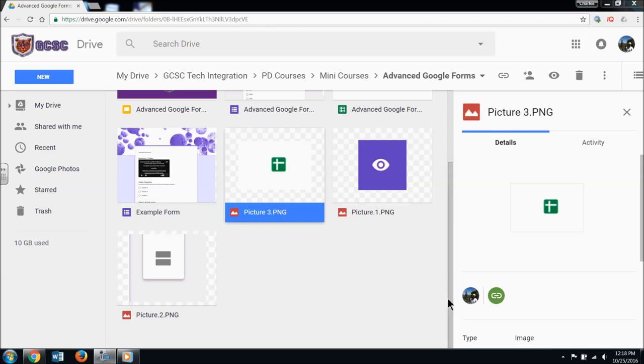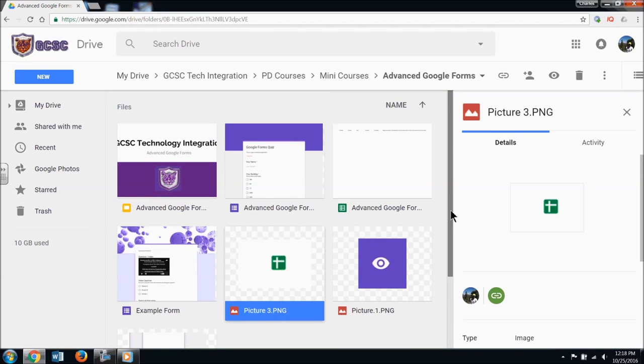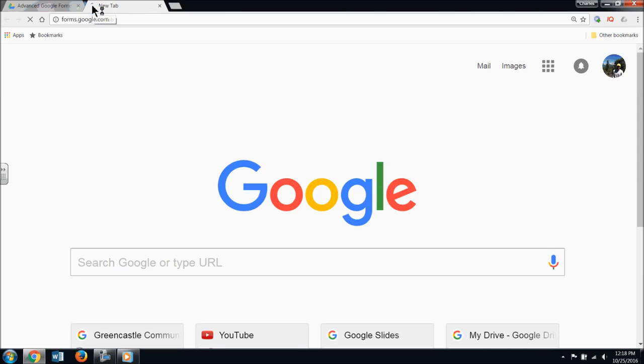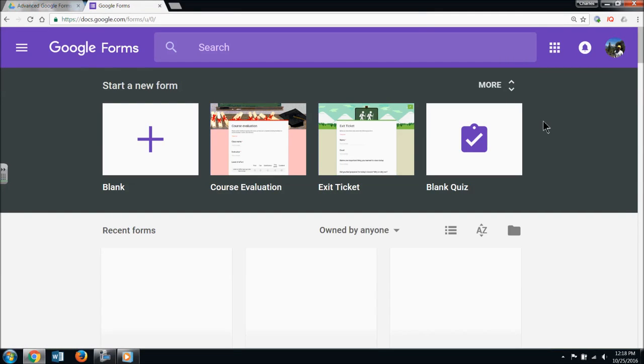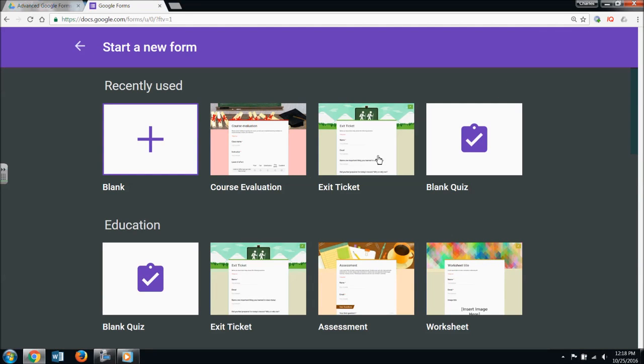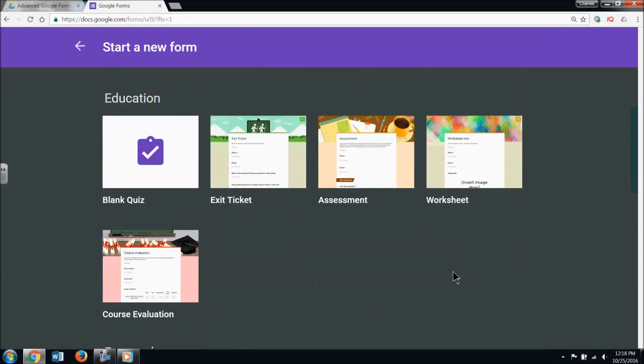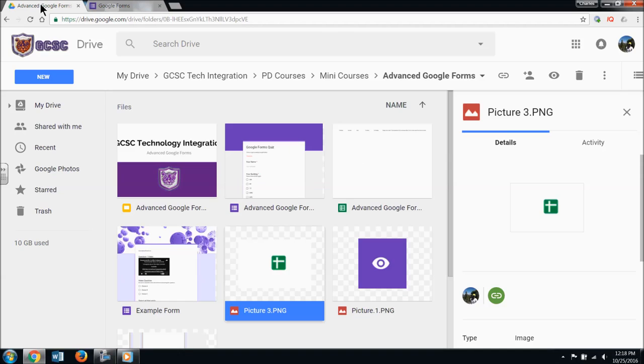You may remember last time I mentioned the virtue of going to forms.google.com, and that is a great way to start your form if you want a template that allows you to simply go and tweak and edit what others have done in terms of their examples and what Google has done for their forms. However, for this one, I want a blank slate that I can mold in the way I want. So in order to do that, I'm going to start from drive.google.com,